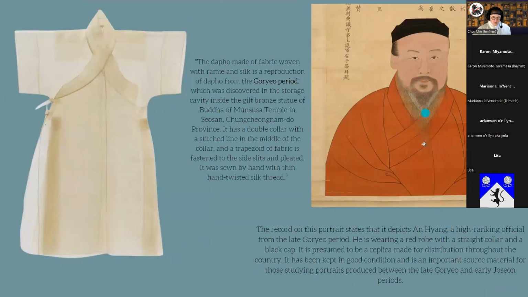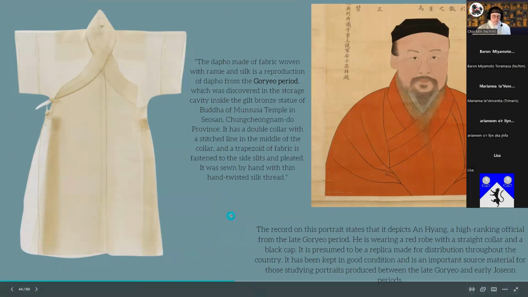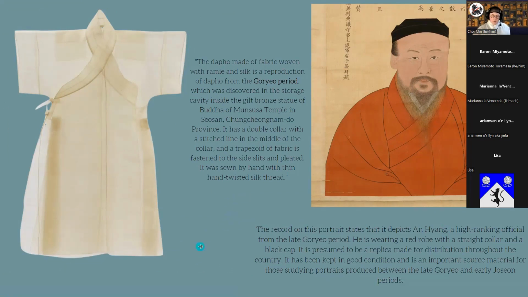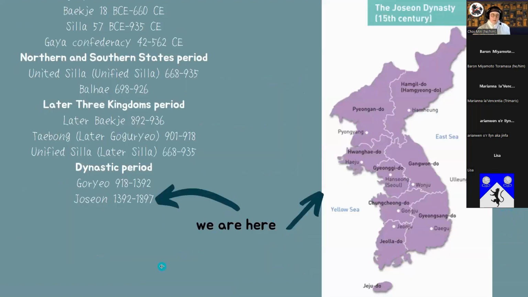And this is supposedly a period portrait of a man. It could be a copy of a period portrait too, because there's a lot of that. Instead of just preserving the original, they would have an artist professionally copy it and keep the lineage of the painting, but it wouldn't necessarily be the exact one.